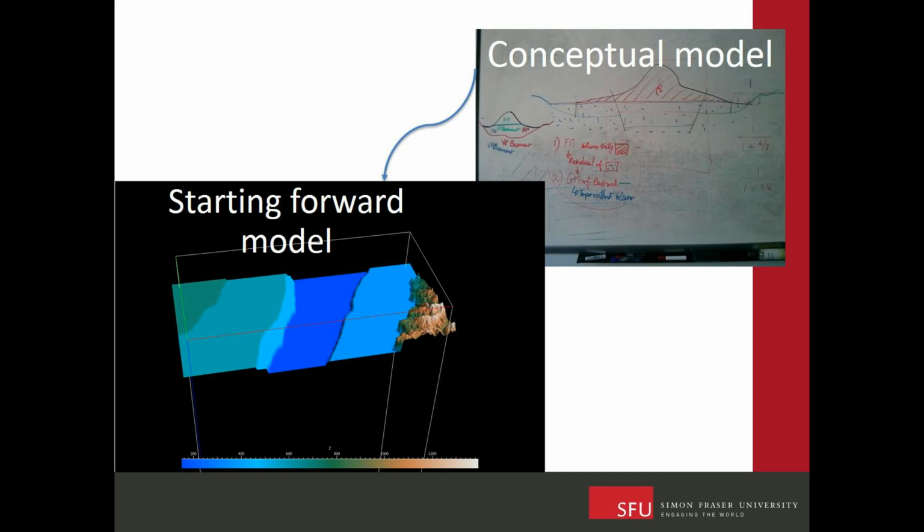So to construct our model, like any kind of diagram, we drew a few scribbles on a whiteboard and came up with a conceptual model, transferred this into GoCAD, where we had our basement outcropping on the side here, also just outcrops, you can't quite see at the very corner here, put in the faults and gave a couple of guesses as to the likely throw on these faults based on geologic mapping people have done elsewhere. So we used this as our starting model, populated it with the densities from our physical properties, and went from there.